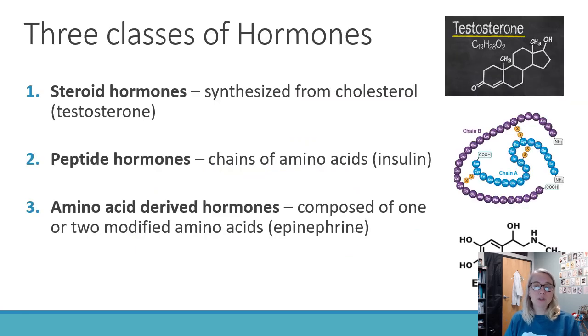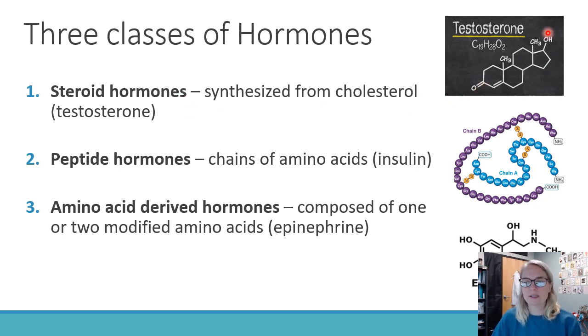All right, so now let's take a look at what these hormones are made out of. There are 3 classes of hormones based on their chemistry, their molecular structure. The first type are called steroid hormones, and these are probably the ones you are most familiar with in layman's terms, when we talk about people who are on steroids, especially being abused in the athletic world. Steroid hormones are synthesized from a precursor molecule called cholesterol, which is a lipid that's found in fatty foods and things like that.